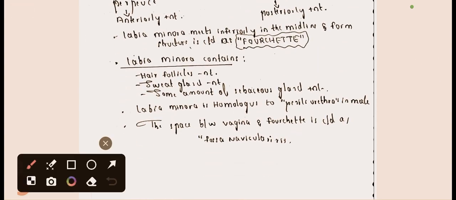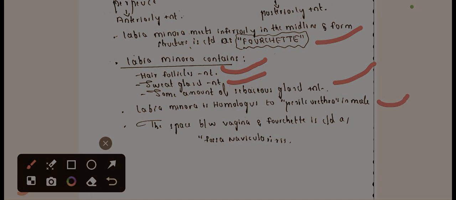Next, the labia minora meet inferiorly in the midline and form a structure called the fourchette. In the labia minora, hair follicles are absent, sweat glands are absent, and some amount of sebaceous glands will be present. Labia minora is homologous to the penile urethra in males. The space